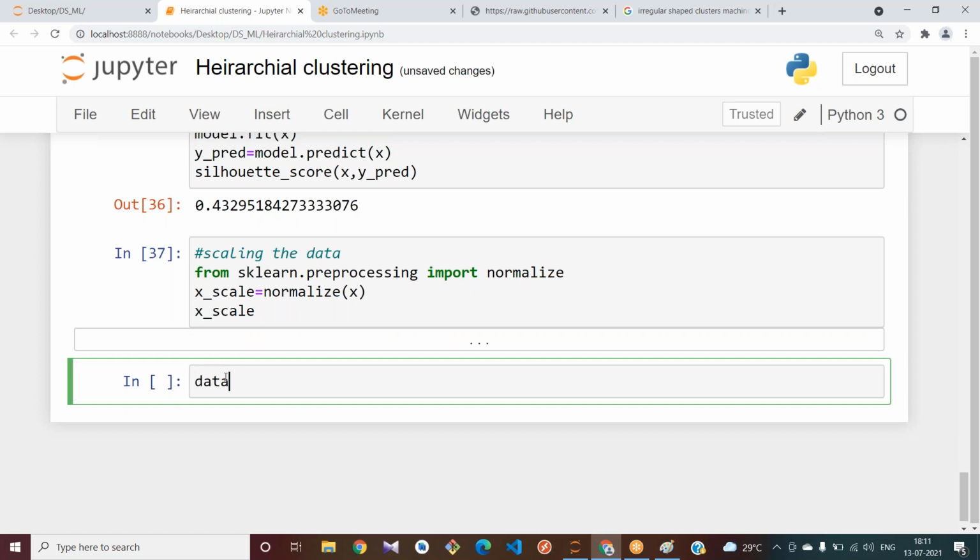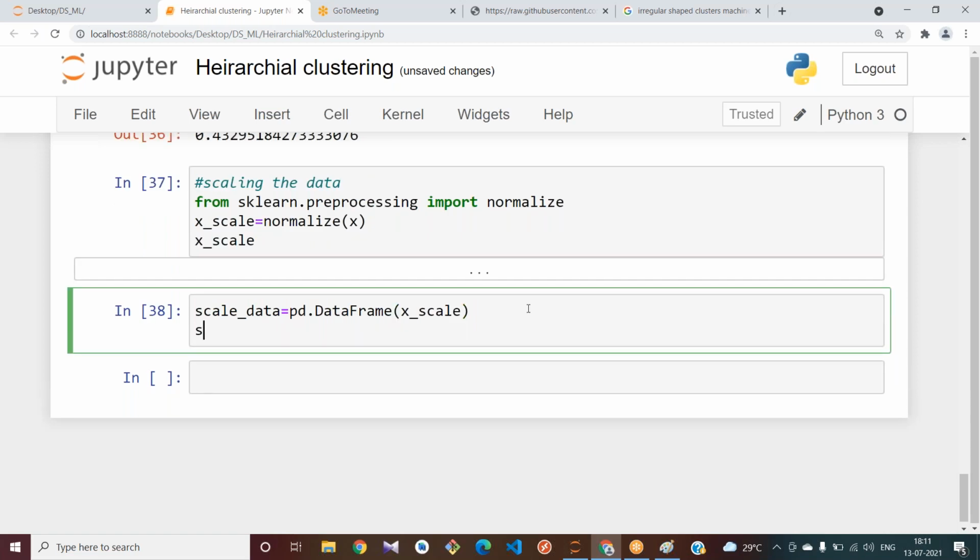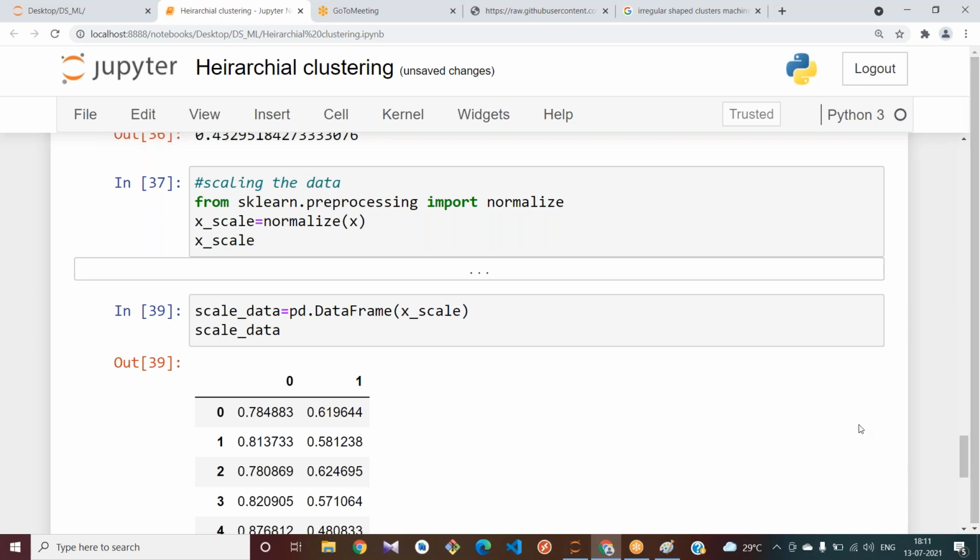I have already used df. Scale underscore data equal to pd dot DataFrame of X underscore scale. Okay, if you try to see your data now, see, now try to plot.